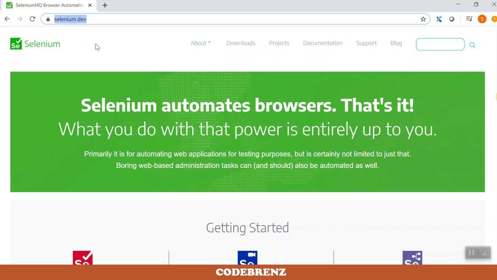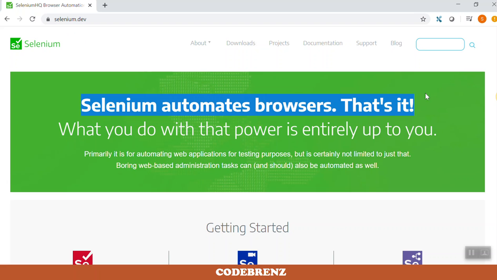Selenium.dev is the official website and it ensures that it has the updated information without misguiding or misleading the people with unnecessary informations. So from Selenium, they simply tell that the Selenium automates browser, that's it. So as per Selenium, the jars or tools, whatever they provide, their only motive is to automate browser. So whatever action human performs in the browser, Selenium lets you perform those actions through those tools. So you see the third line,